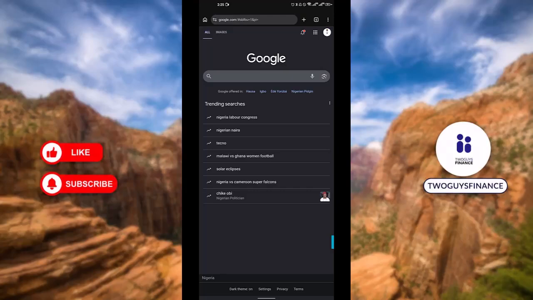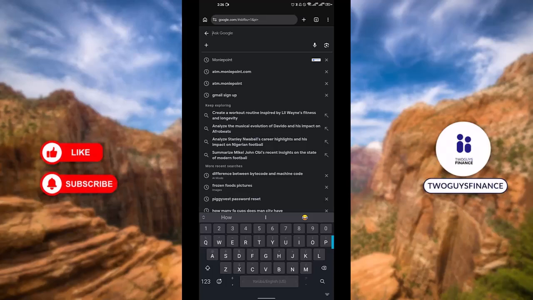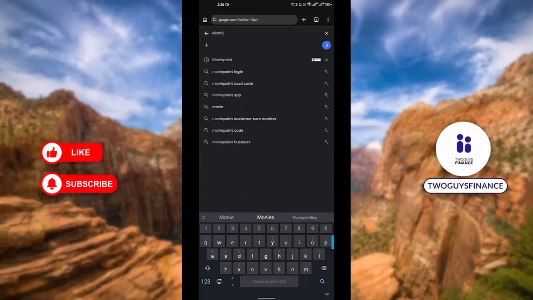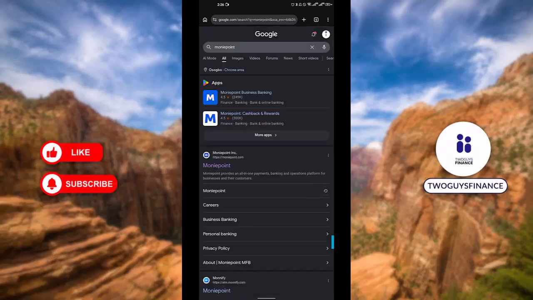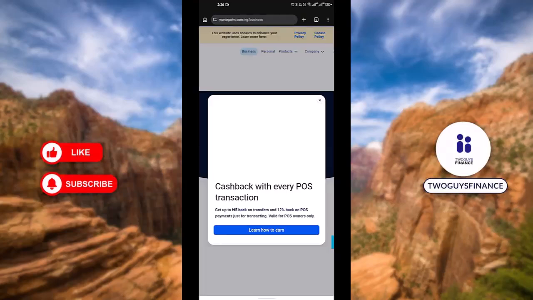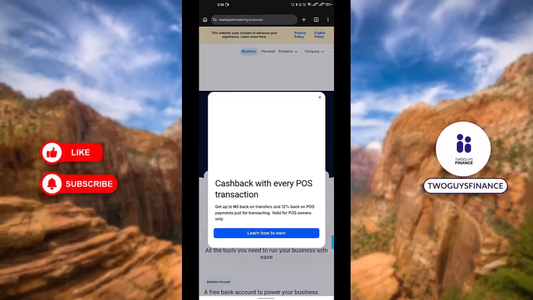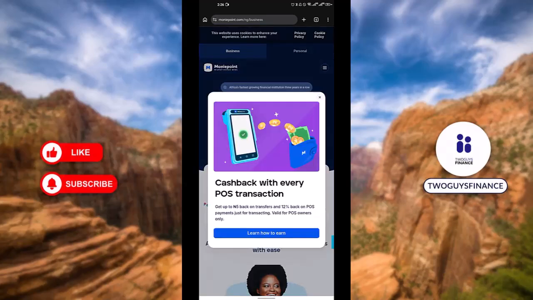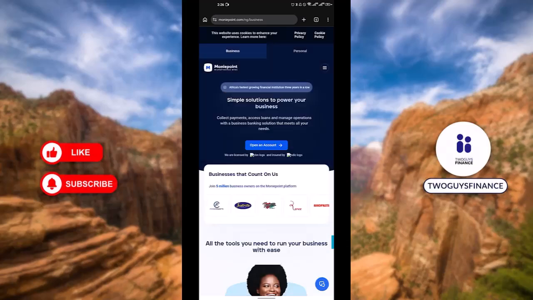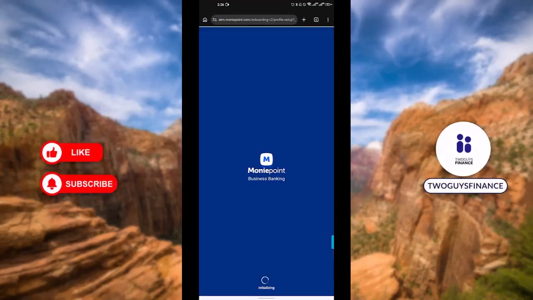So if you don't have one, what you do is go to your browser and search for Moniepoint. It will suggest for you, then you click on Moniepoint, then you tap into their website, moniepoint.com. Once you have this, all you have to do is click on business. You can see there are several options. You have the business and you have the personal. Since you're on the business page, what you have to do is open an account and you follow the